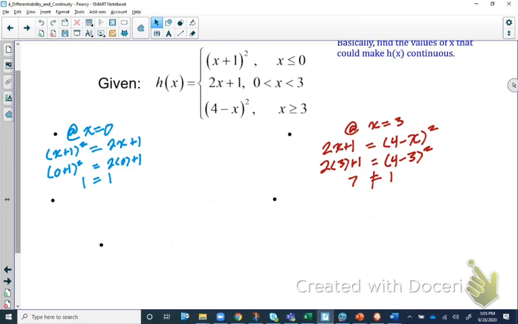But at another point, at x is equal to 3, it doesn't look like it's going to be continuous there. So what can we conclude about that? Well, what I can say here is that for the stuff on the left in blue, I can show that h of x is continuous along the interval from negative infinity up to the positive 3,